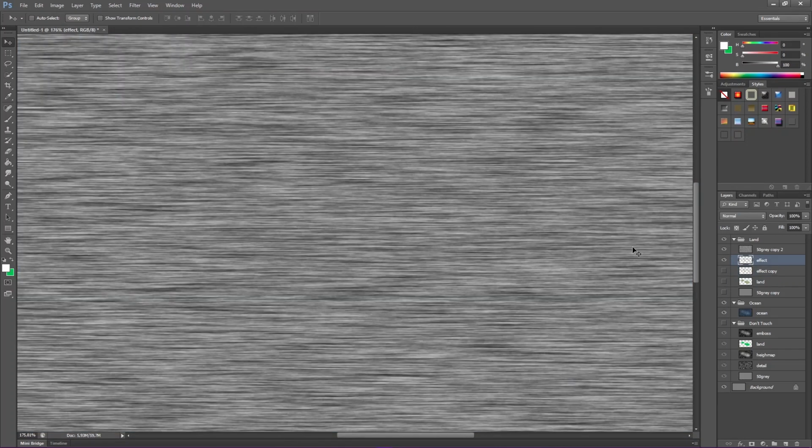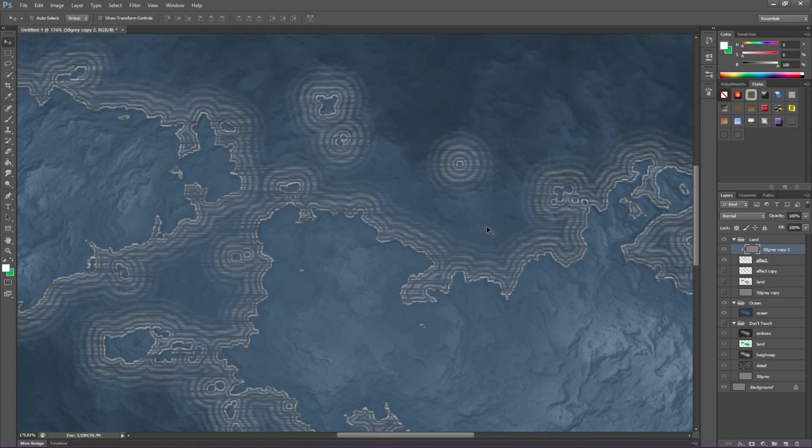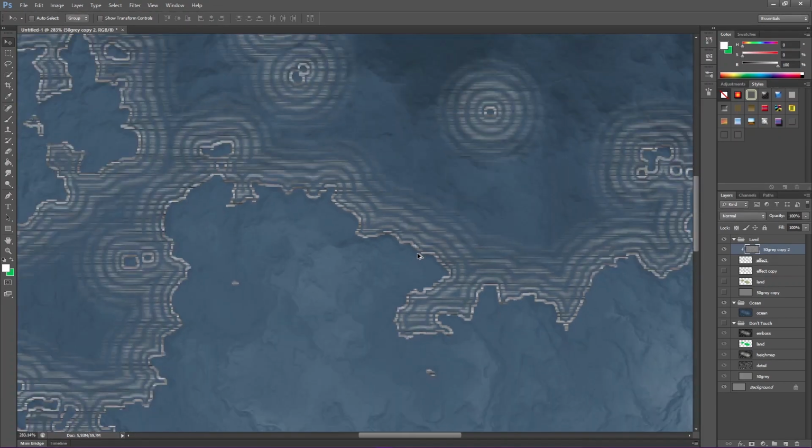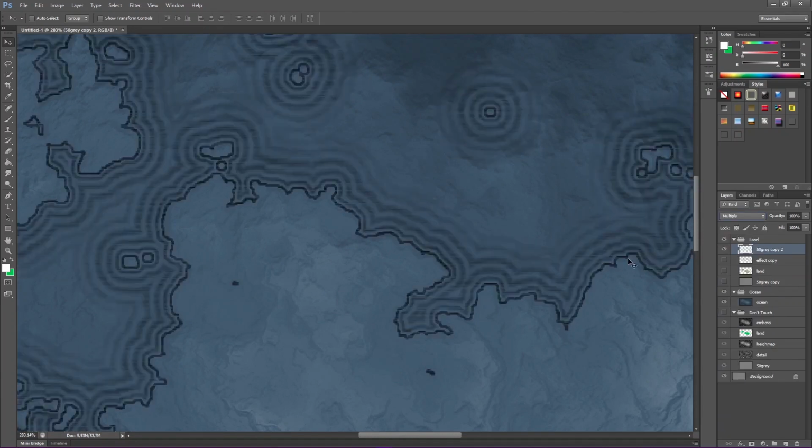and take our texture and apply it to our little concentric rings. So you'll notice here that you've got a lot of damage done to the rings, but the white and the black are both still showing. I'm going to squash those two together, and what I'm going to do is select multiply. So what you'll notice is